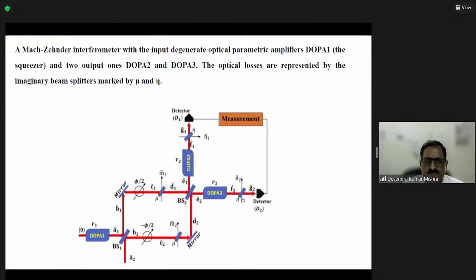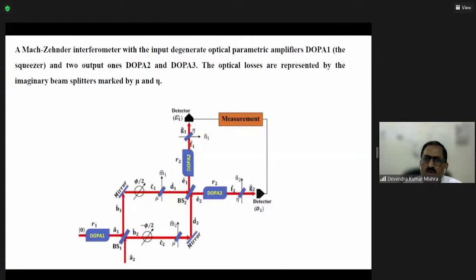So the setup is, we consider two inputs. The first one is the squeezer, and the second one is a coherent state. These two signals are mixed by beam splitter BS1, and after traversal from BS1, we have two phases, pi by 2 as well as minus pi by 2. And here we are considering the loss inside the interferometer, mimicked by a fictitious beam splitter having transmittivity mu, and the Mach-Zehnder